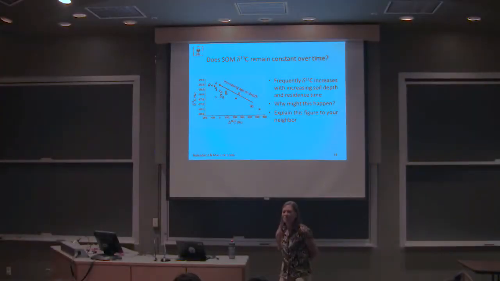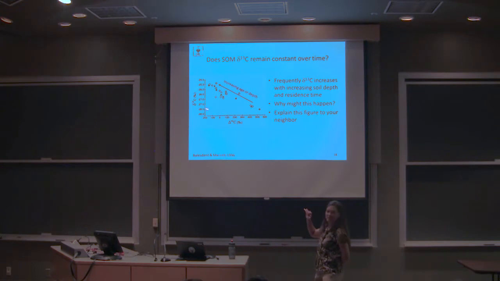So does anyone know anything about C14, and specifically why is it 0? Why does it have a 0 in there? It goes negative and positive, that capital delta C14. 0 is 1950, very close, 1950, yeah. And so why is 1950 picked as a reference point for the delta C14, or for C14 in the atmosphere? Because